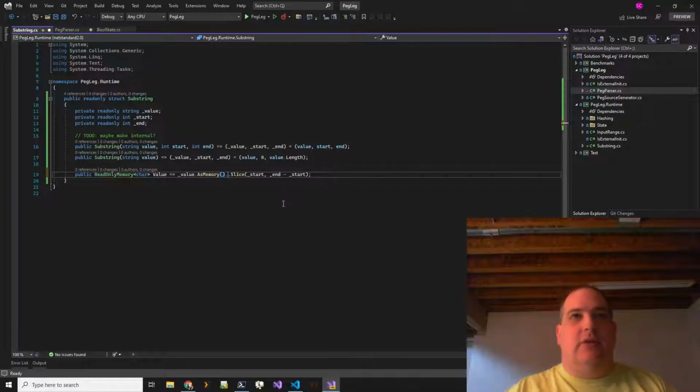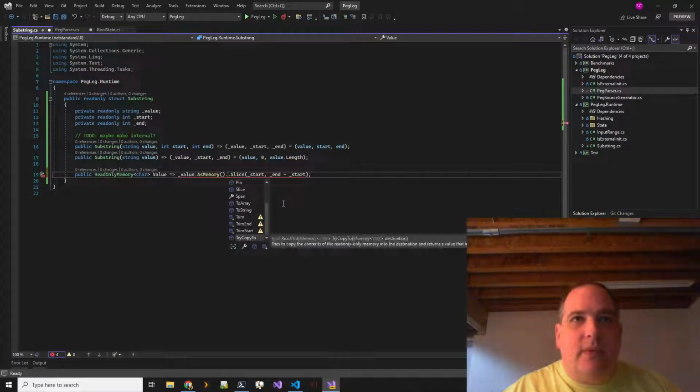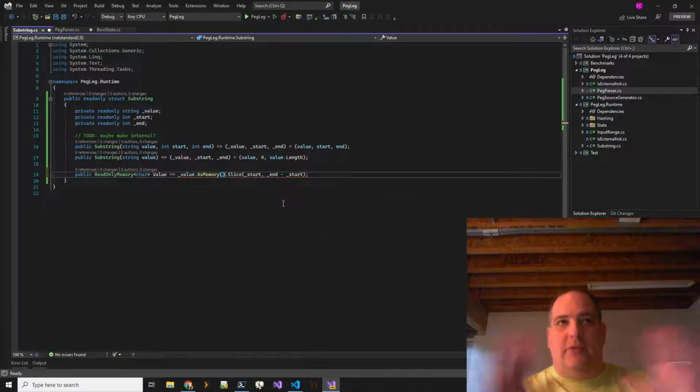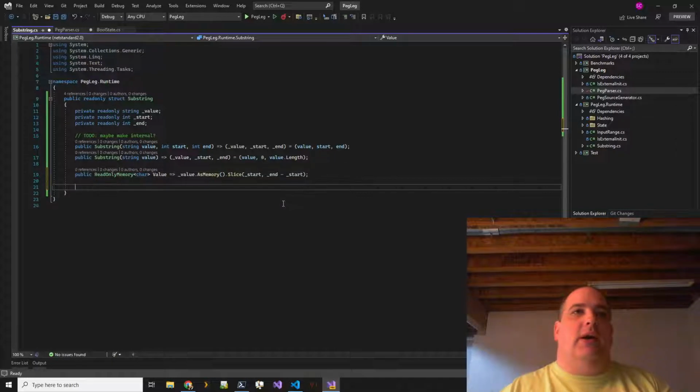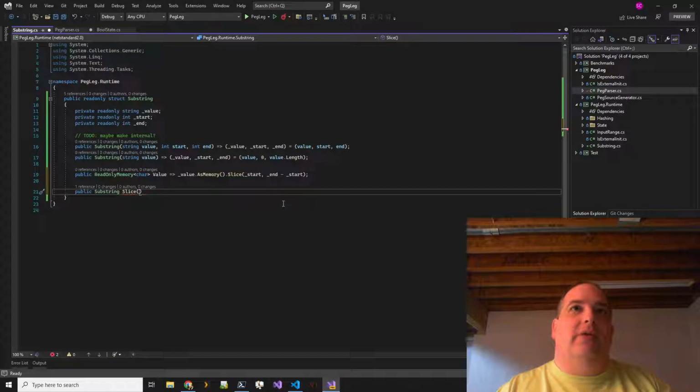Is there anything that uses begin end? There's not. Okay, then I'm just going to stick with slice just for consistency. So this is going to be a substring, and we're going to allow slicing into this thing with an index and a length.